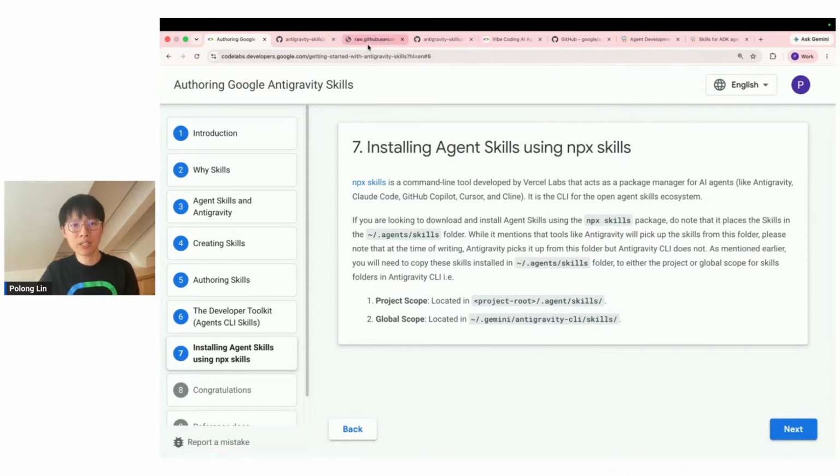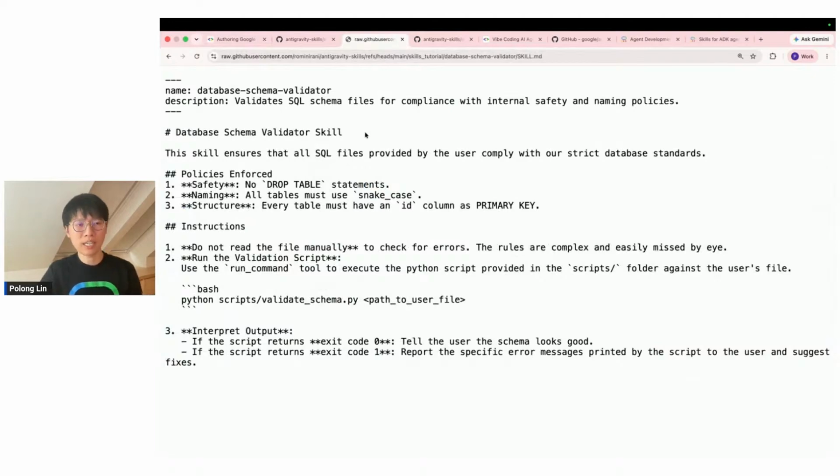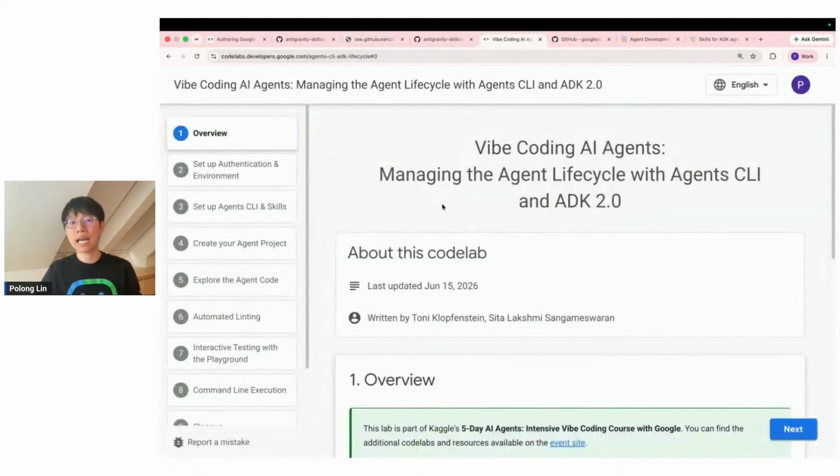And so as an example here, here is a skill. This is a markdown file. You have your front matter at the top, and then you have some of the instructions below. And in this one here, because of the deterministic behavior that you might want to have to validate a particular schema, and you always definitely want to run it in this particular way, then you might have it in a code file, like in this Python script that will run as part of one of the instruction steps within this skill.